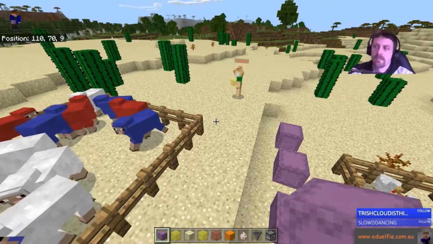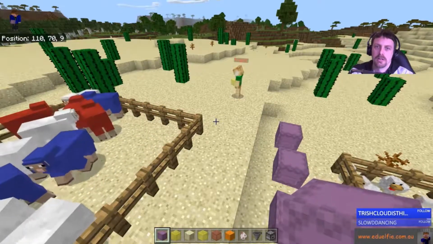So the sheep need a place to stay out of the rain. Okay.